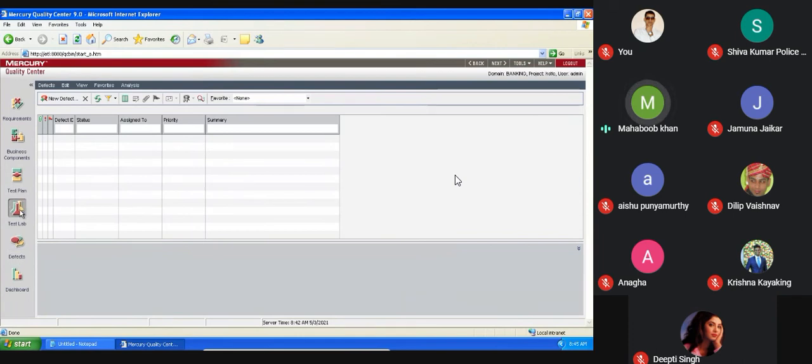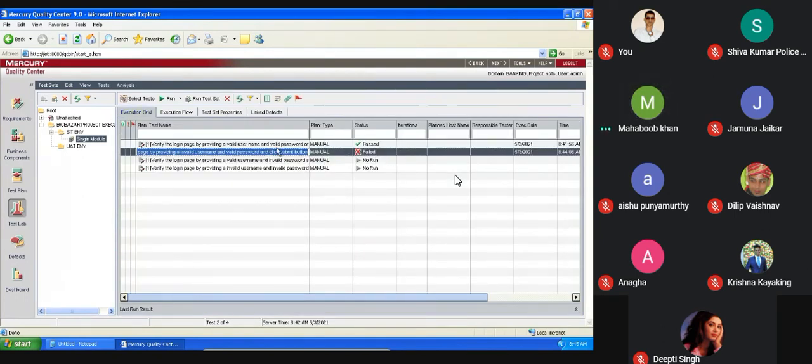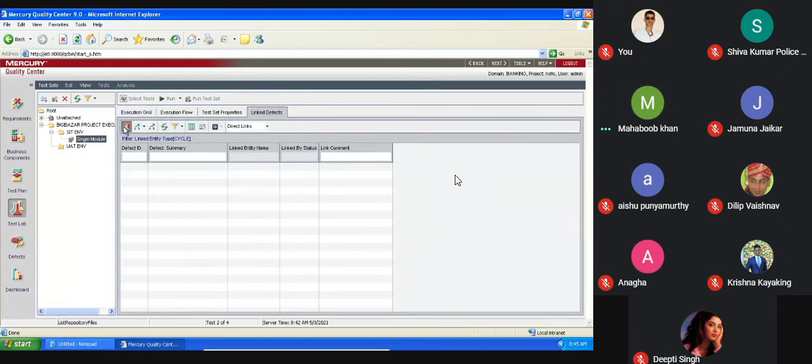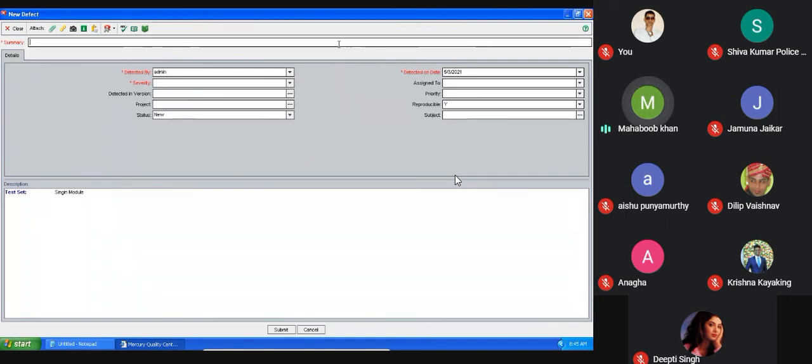Okay, now the good practice is, wherever you have failed the test case, select this and go to the link and add it. Now it is created. We need to create a new defect. Summary should be followed by the project name. Imagine P075 is the project name, followed by environment. Which environment? SIT environment.